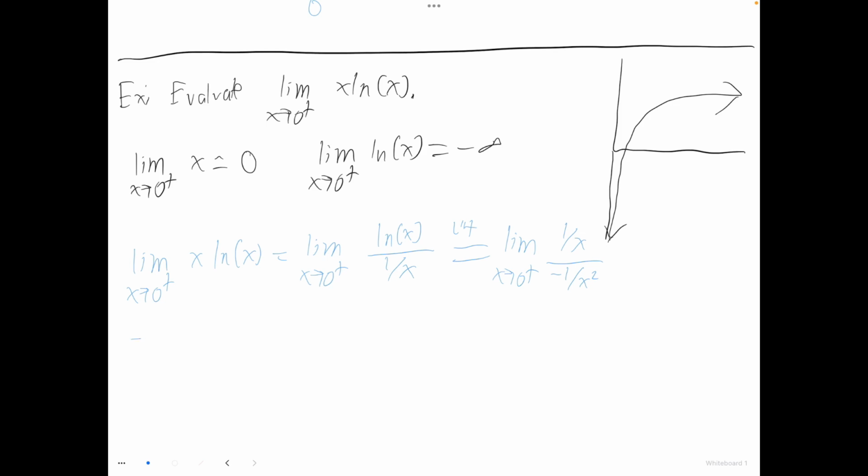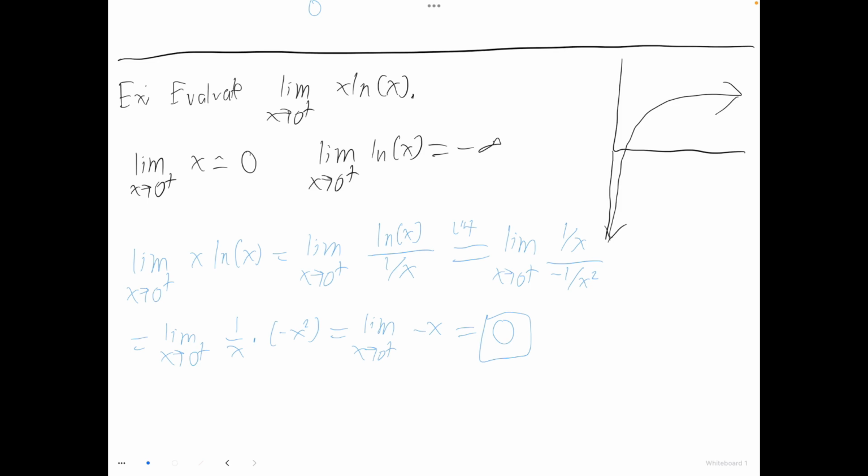And this then simplifies as the limit as x goes to 0 of 1 over x times, well, flipping it back over, it's times negative x squared. So we have the limit as x goes to 0 from the right of negative x, which is 0. And so we got 0 in this limit by simply flipping the one expression. Okay,